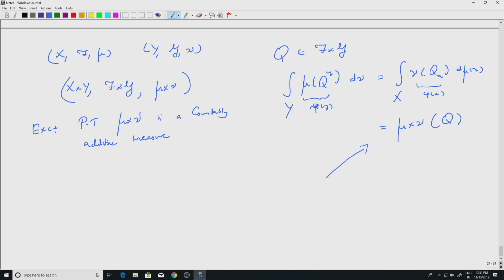If I take Q_j to be disjoint, I know the sections are disjoint, so this will add up, and then integrals will be same because of monotone convergence there. Okay, but I'll probably indicate the proof in the next lecture. So let us stop here.